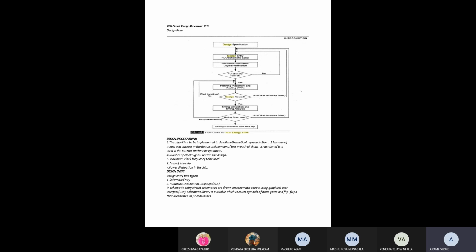After knowing the design specification, the second step to make a specific IC is design entry.